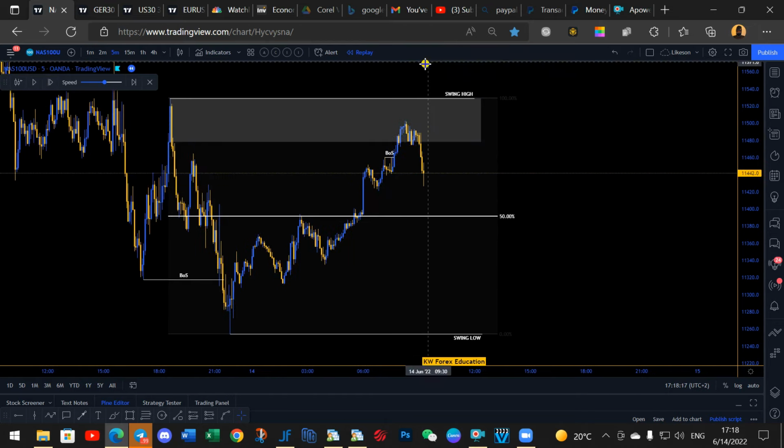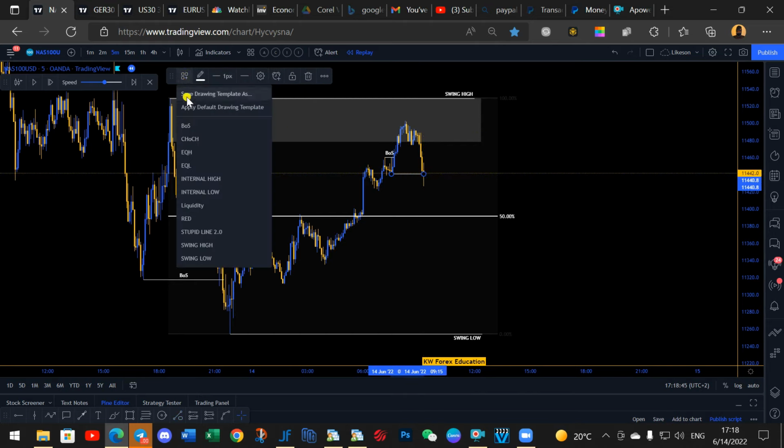So at this point, at this moment, I wouldn't have considered this as a low, because it did not do its job by breaking this high there. So this is not a valid low. I would stick to this one. So I'll stick to this one and consider this as our